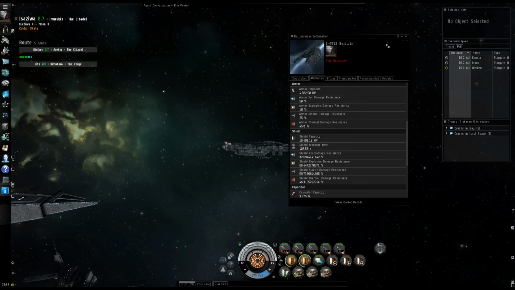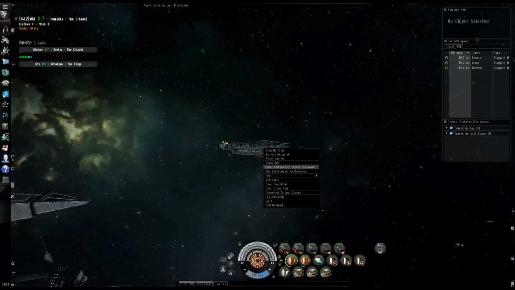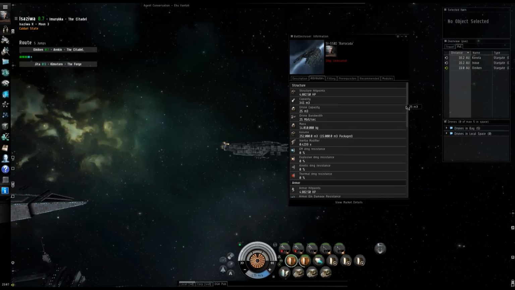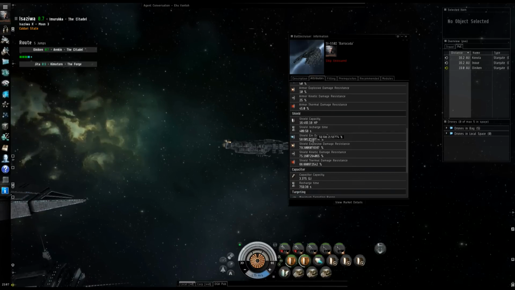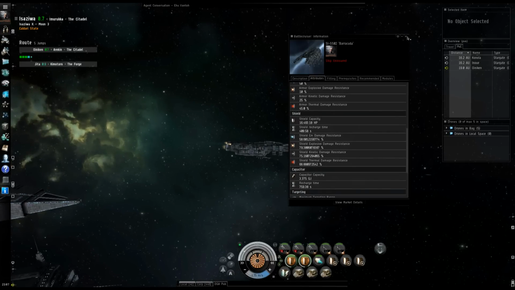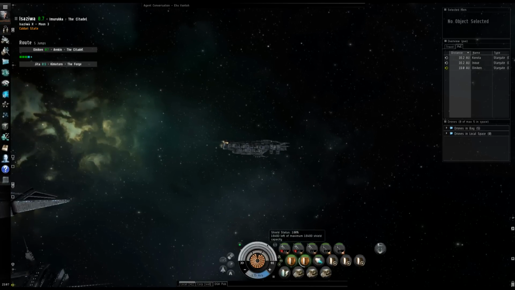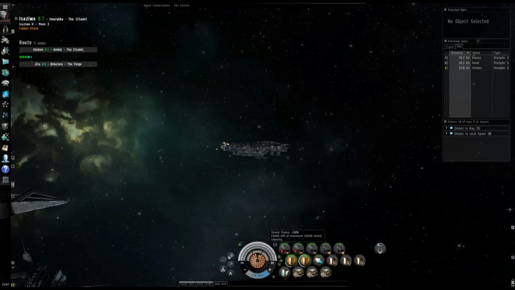It's uninsured. Yeah, that's fine. So let's open this again. It might not show on the active. Yeah, there we go. See, it's showing my... See how it increased my resistances? That helps a lot, because my shield hit points are 16,000, and that basically cuts the damage incoming to my